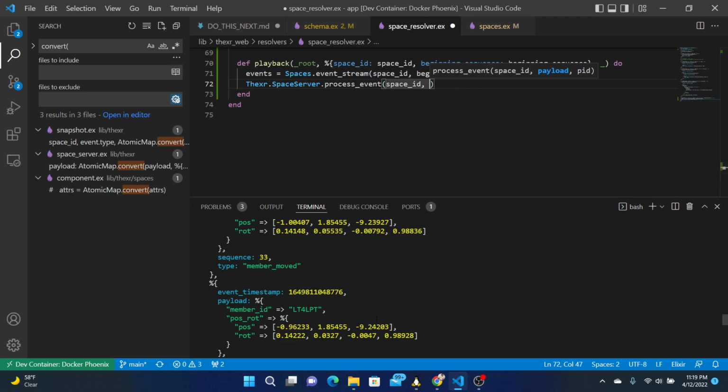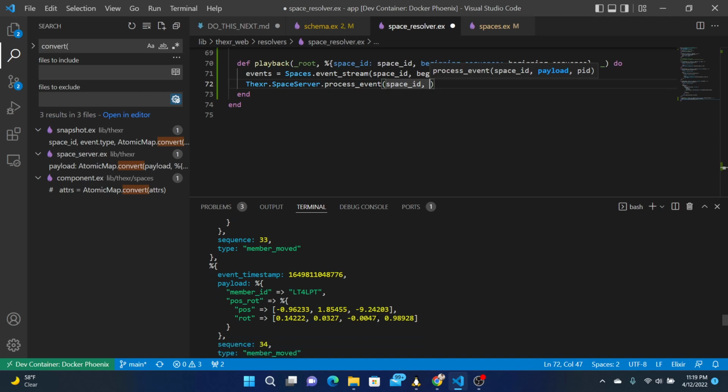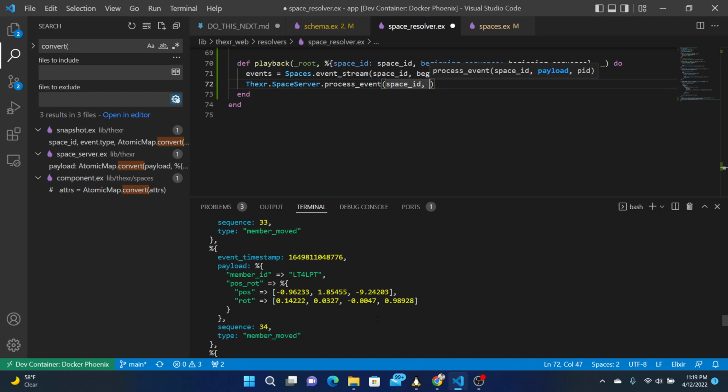Interesting. Yeah, this isn't the same, not exactly the same format as what we get. The payload timestamp type, I mean, almost. Could just construct this with message is,